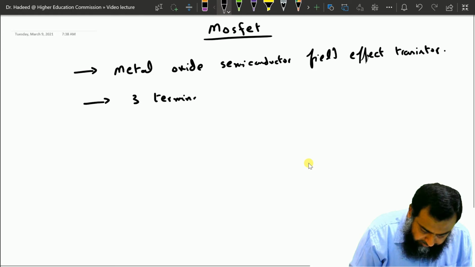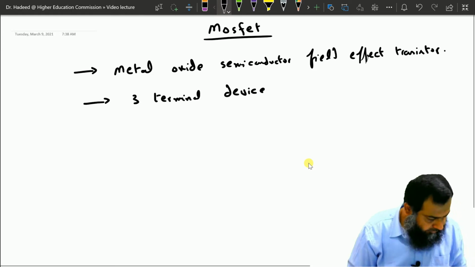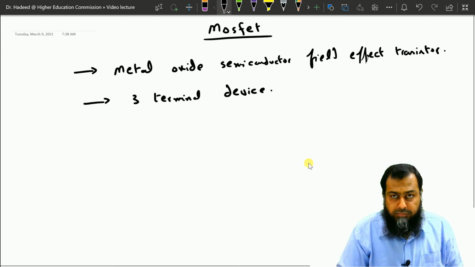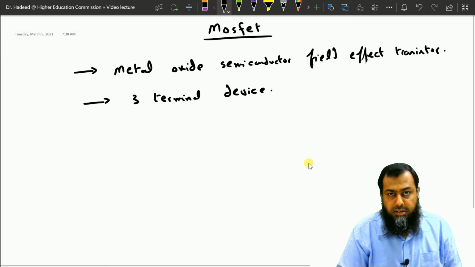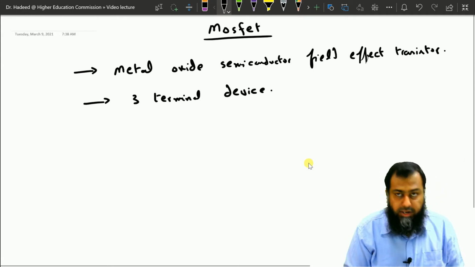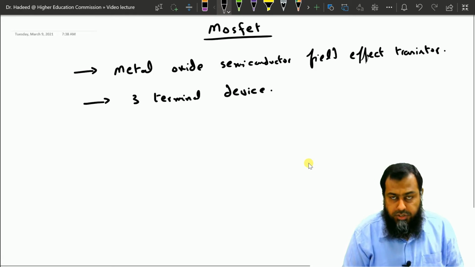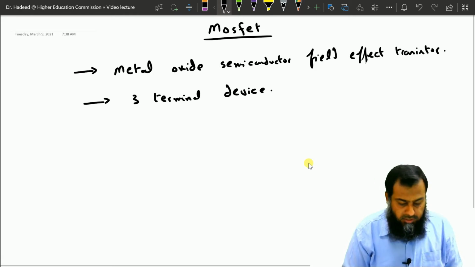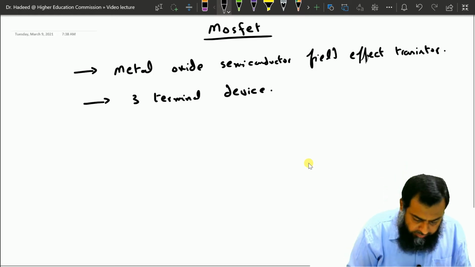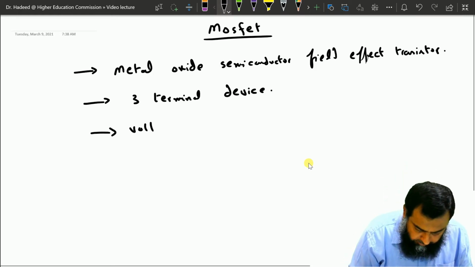It is a unipolar device because current flow is only either due to the holes or due to the electrons. The current flow through an FET is controlled by an electric field which is set up by some externally applied voltages. So let us see how a MOSFET actually works and what are the important things with respect to the MOSFET for this particular course. So it is a voltage control device